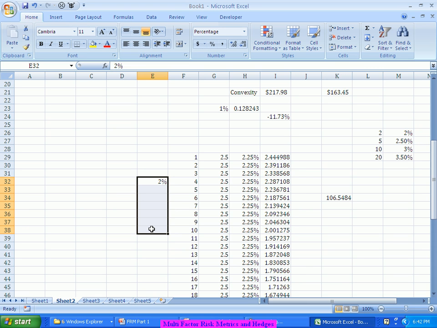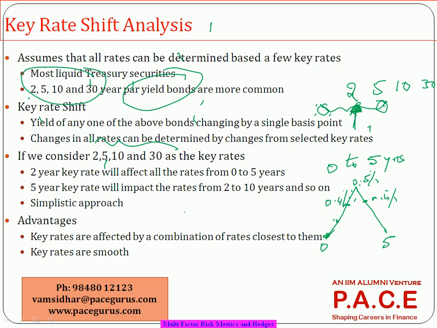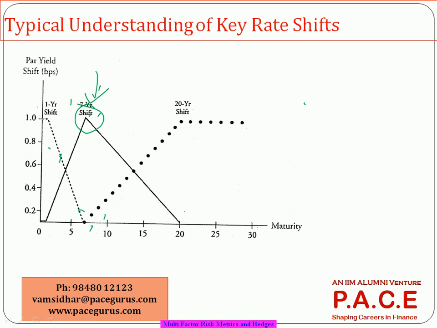The influence of this interest rate is across this particular interval. That is what, if I know that this is the 7-year interest rate, it will have an influence right from